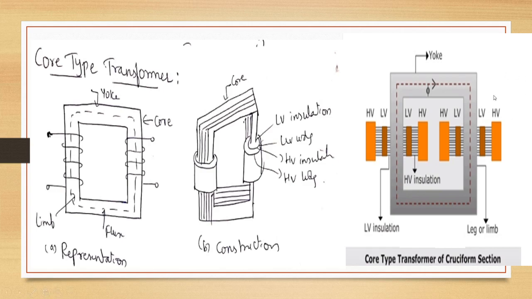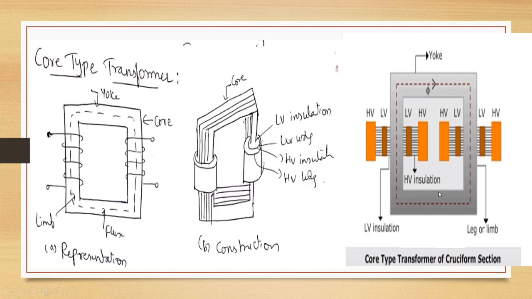This is called cylindrical concentric coils, and the coils used are wound on the limbs, and here they are insulated from each other. In a basic transformer, two windings are wound on different limbs, that is primary on one limb while secondary on the other limb, but due to this leakage flux increases, which will affect the transformer performance badly. Similarly, it is necessary that windings should be very close to each other to have high mutual inductance, and to achieve this, the two windings will be split into a number of coils, and they are wound adjacent to each other on the same limb. So a common arrangement is cylindrical concentric coils, as shown in the second figure.